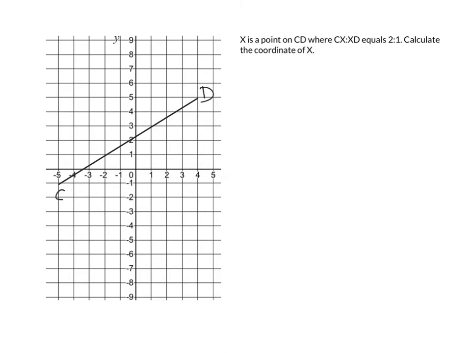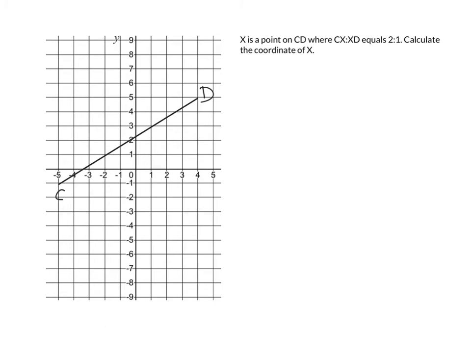So here we have a classic question. Either they draw the line out for you or they give you the 2 coordinates, and you'd have to draw the line out yourself. We need to find out the coordinate of point X when the line segment CD is split into a given ratio. Now we know that we're trying to find a point along this line in a given ratio. So we're going to use the formula we derived yesterday, which is